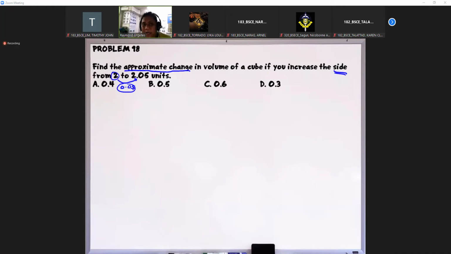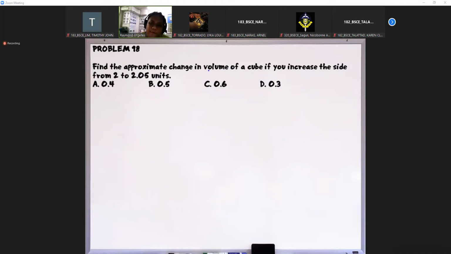Okay? So kaya sobrang liit lang nito, 'di ba? So compare dun sa actual value natin. So pag mga ganyan lang yung change natin, approximation yung gagamitin natin diyan. Okay ba? Pero pag malaki yung change, for example, ang sabi 2 to 3, most likely ang itatanong dito is yung actual error, yung real error, 'di ba? So ibig sabihin, gagamitin natin yung mga direct formulas. Pero dito approximate lang yung kailangan natin.